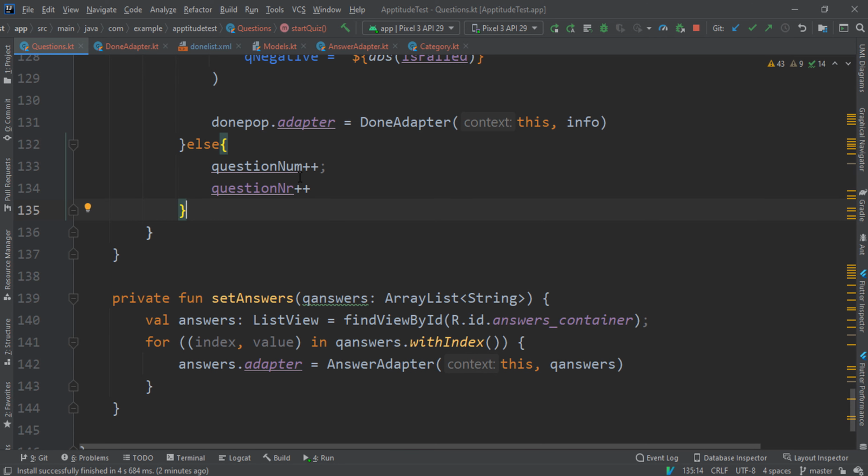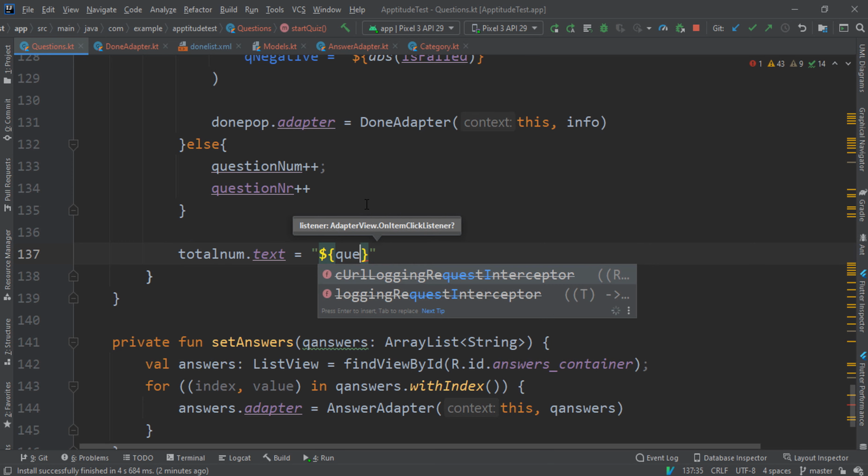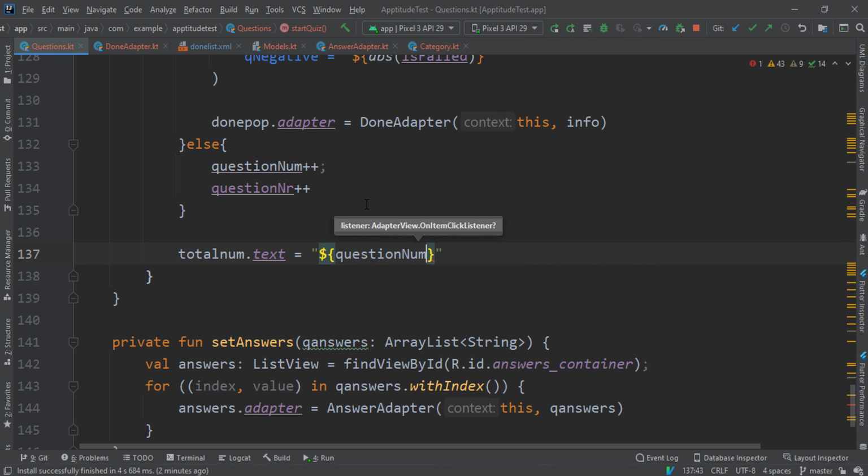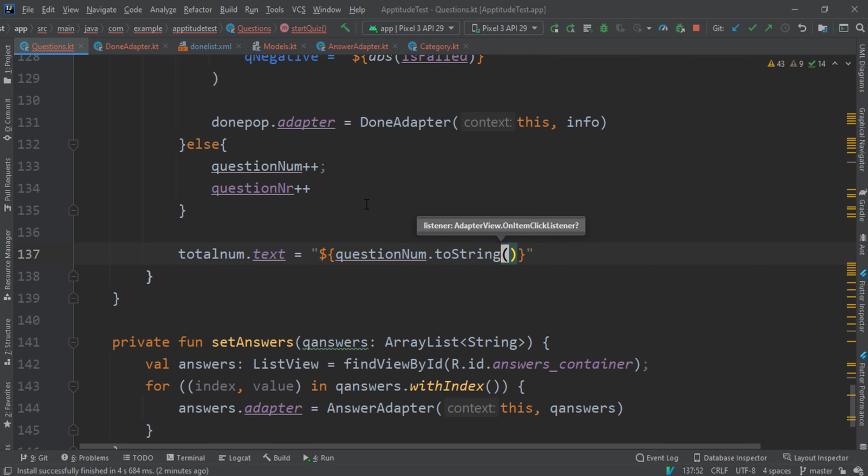And the problem is because we are not updating the values, we are not updating our list adapter. So updating is very simple. We just have to take the total number and reconstruct that. We could say the total number text is now equal to a new question number dot toString, and then you could say allJoined